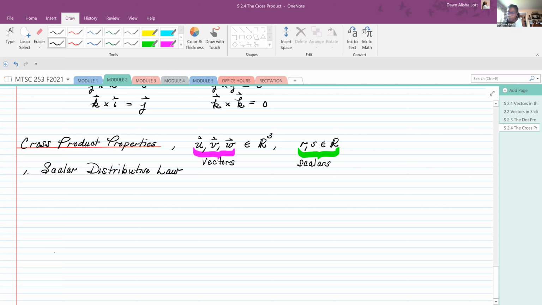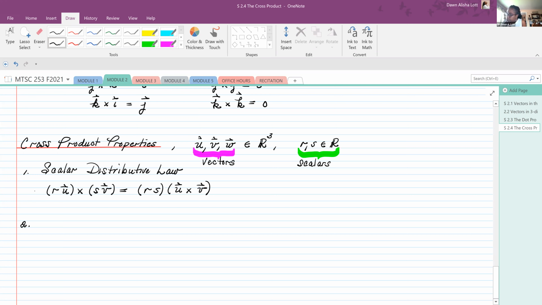Okay, so the first one is if I take R times U and cross that with S times V, I can pull the R and S out, multiply them first, and then get U cross V. So if I have a scalar multiplied by the cross product, it just comes out front. Okay,